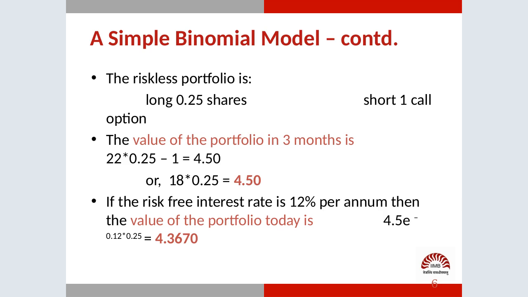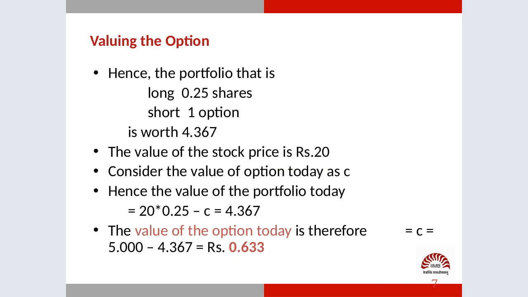The value of the portfolio: the current price of the shares is 20. I have delta long shares, delta is 0.25. So the share part of the portfolio is worth 20 into 0.25, which is 5. I've shorted one call option. So 5 minus the value of the call option is my portfolio value. But on the other side, I've also got the portfolio value to be 4.367. So now if I equate these, I will get the value of the option to be